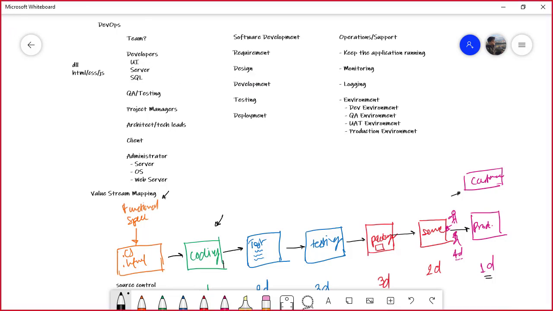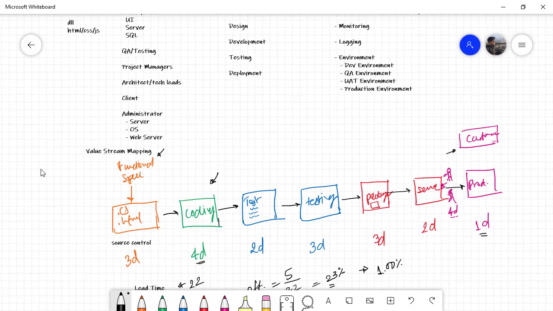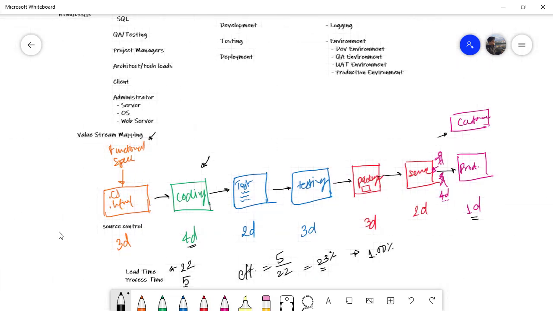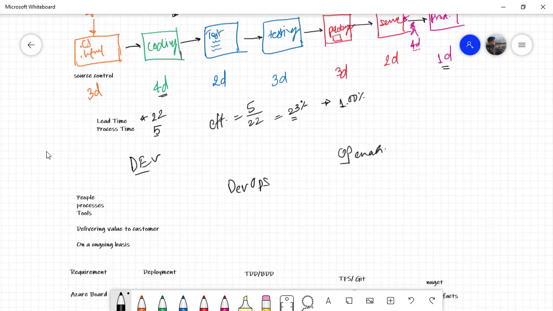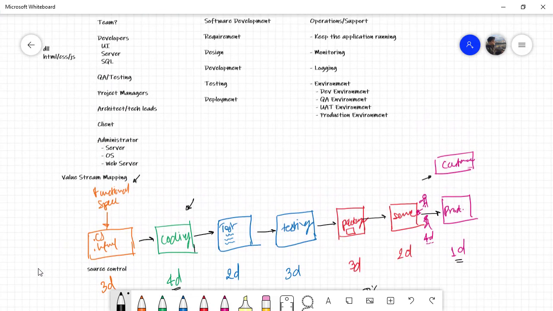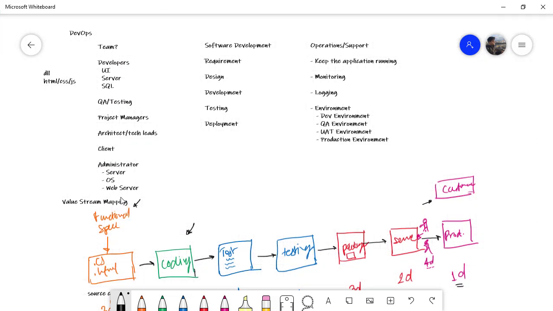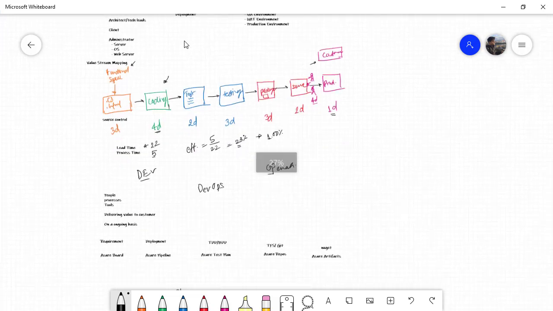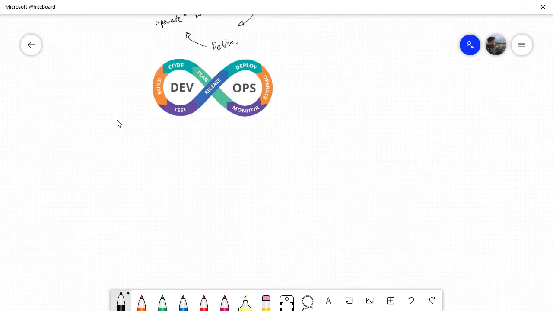So you've already seen that everything happens at the requirement phase, right? To fit everything from the requirement side, the functional spec that we receive, right? How we are going to fit in the Azure board and how those requirements should flow in is what we're going to discuss next. If I scroll down,